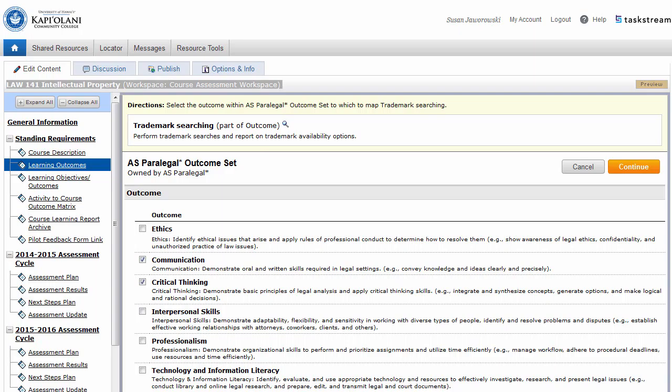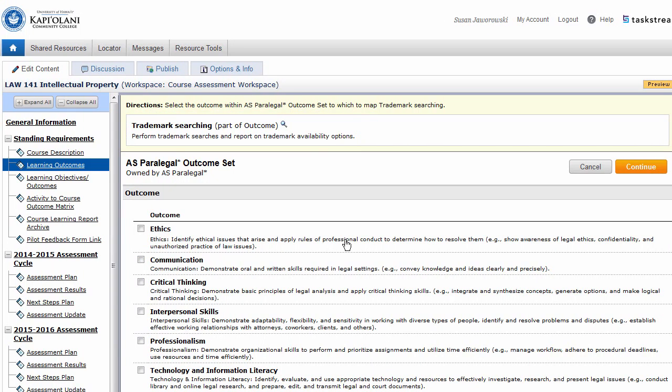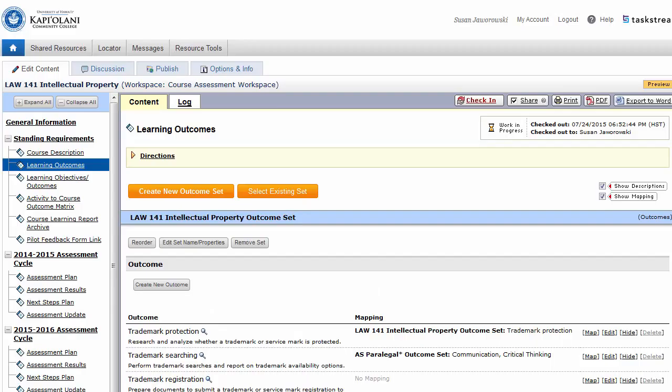Note that your course learning outcome appears at the top of each page, just in case you lose track because it takes several steps to get here. On this screen, you can take a look at all of your learning outcomes for the program and simply select the ones that apply to this. You can select as many as you need to, and then click Continue. Clicking the Continue button will take you back to the list of course learning outcomes so you can map another one to the program outcomes.